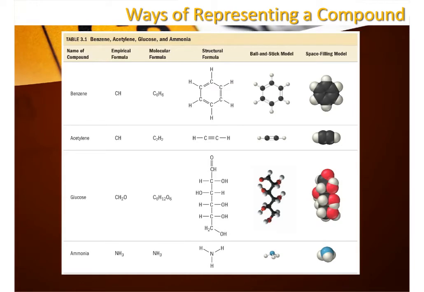There are several different ways that we represent chemical compounds, different types of formulas. Probably the most common is just simply a molecular formula, which is a summary of the different types of atoms and how many of each, but it doesn't tell us anything about the structure of the compound. So what's more informative is a structural formula. So you see here, this is still C6H6, but it tells us something about how the different elements are connected